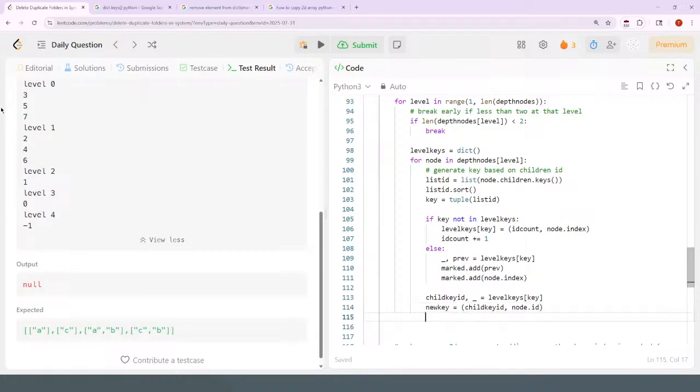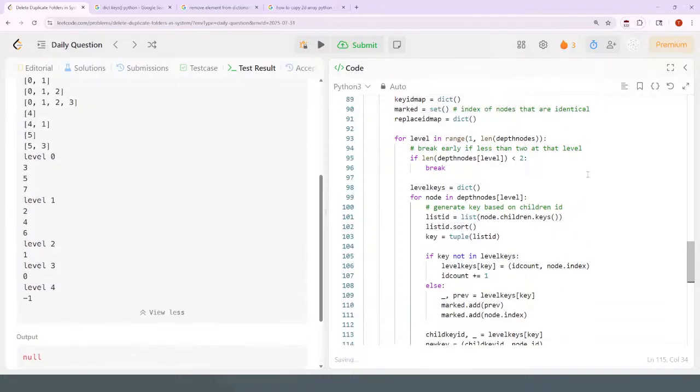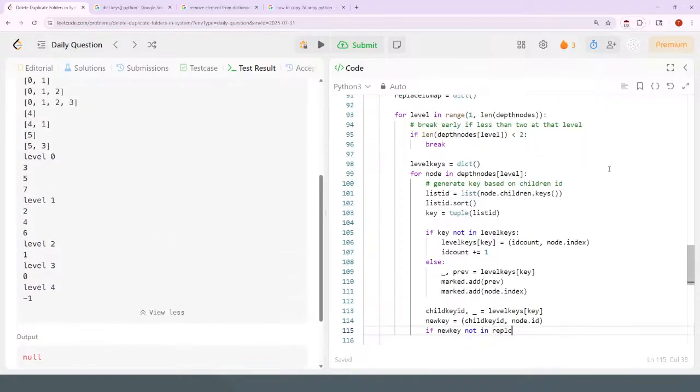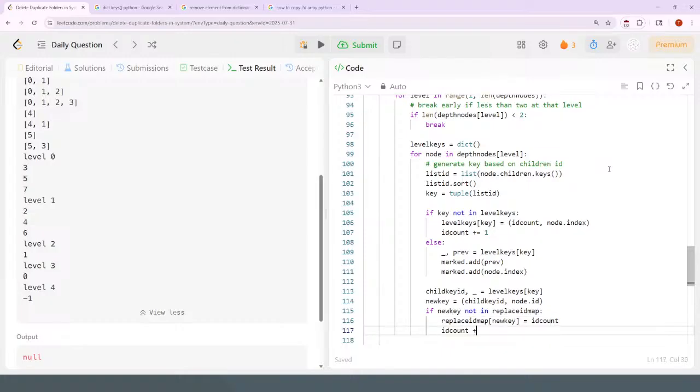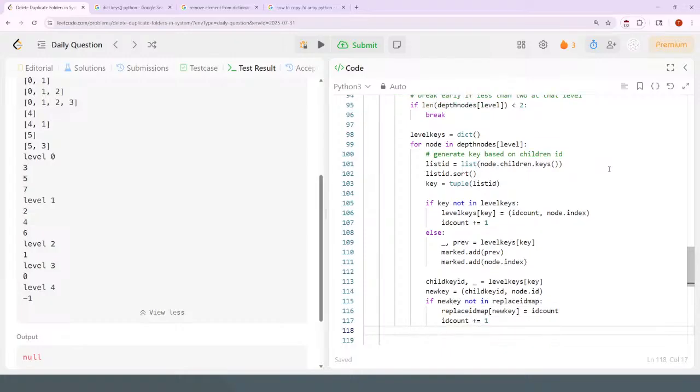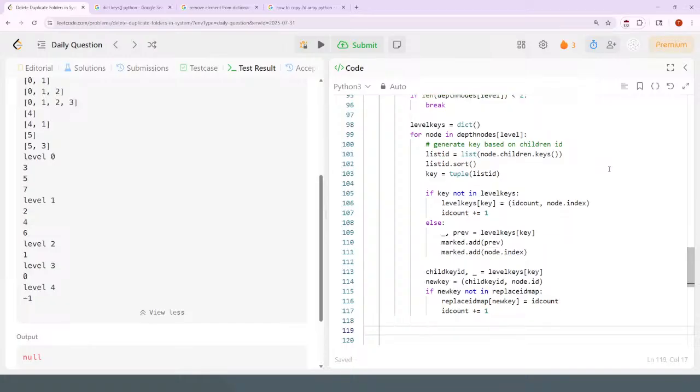node ID. And then if new key is not in the replace ID map, then replace ID map for this new key is going to get a new ID value. And then, okay, so